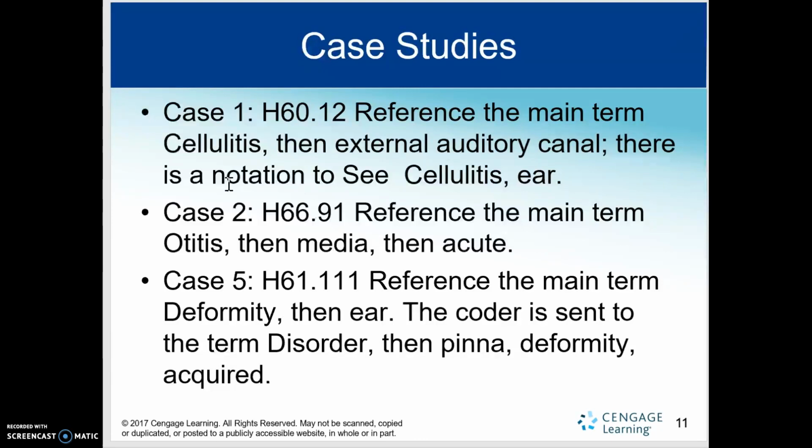So in this case, we would reference the main term deformity and then ear. The coder is then sent to the term disorder and then pinna deformity acquired. So you have to go to the main term, which is deformity, and then it sends you to another term, which is disorder of the pinna. Then you find deformity and acquired. Acquired meaning that he wasn't born with it. It happened to him after birth. So the code for case study number 5 is